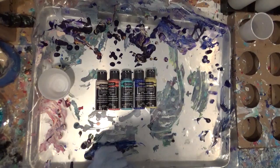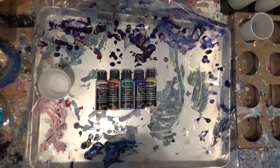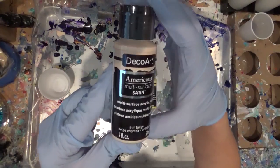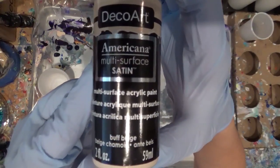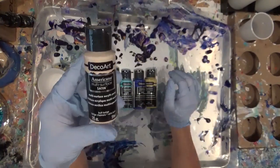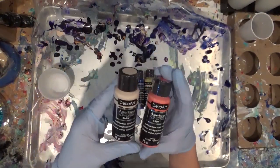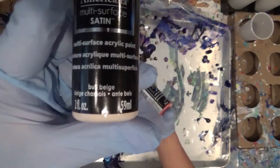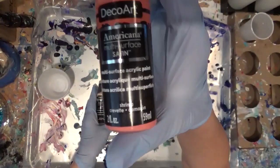Hello there. Today we're gonna use some different type of paint. It is called Americana Multi-Surface Satin, and it comes in many different colors. And let's tell you, the colors that we have today are buff beige, then we have shrimp,